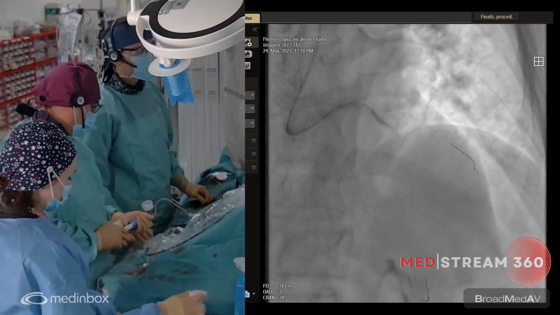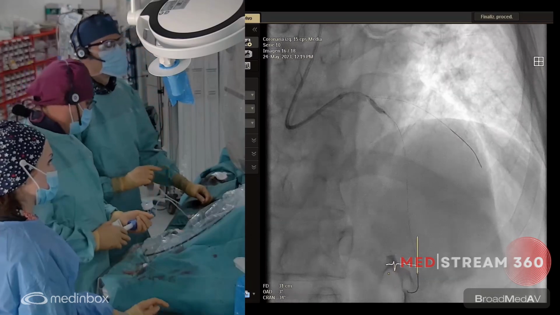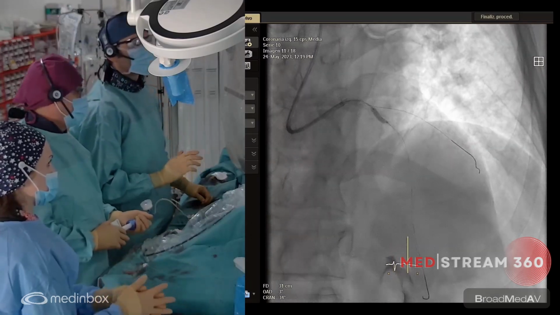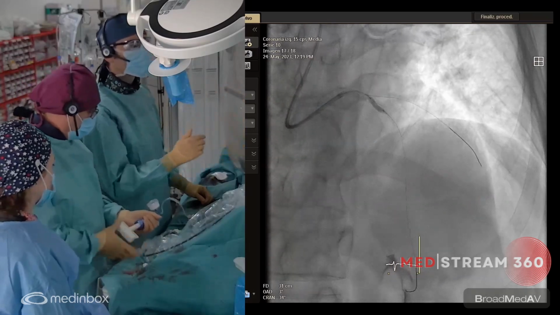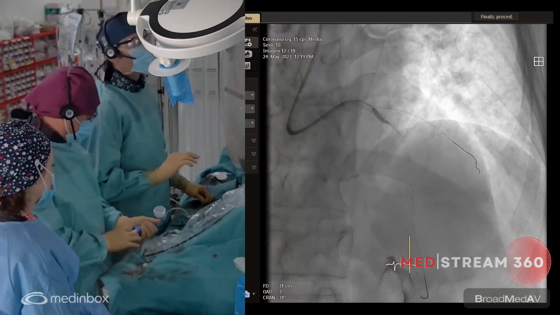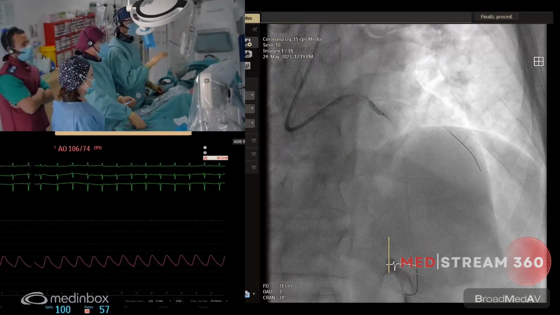Okay, down. You can see in the hemodynamics that the patient is doing some extra beats. Okay, in ECG. Let's see. Okay, let's do another run. These are the shock beats. The energy, the electrical energy of the shock wave is